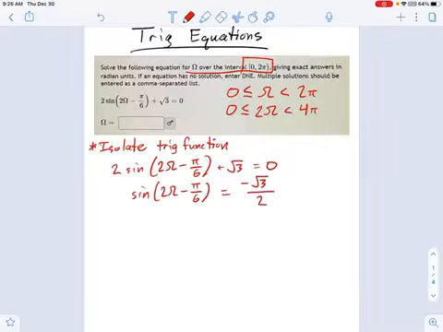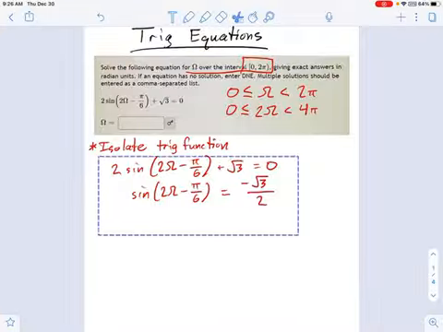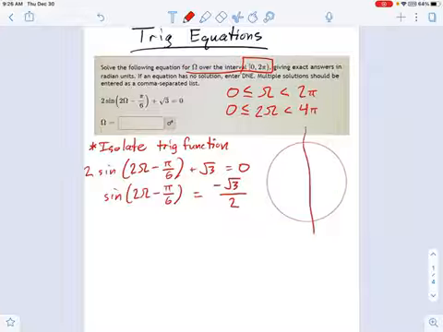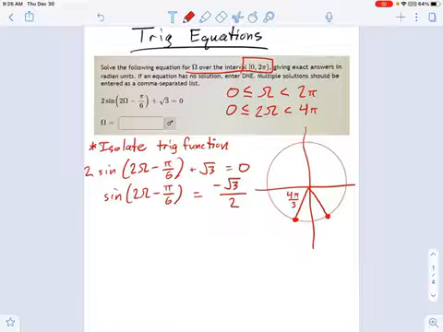So where is that on the unit circle? Let me give myself a little space here and put a unit circle right there. Negative radical 3 over 2 is a y value, a y coordinate, because we're talking about sine. And it's one of the big ones. 1/2 is a small one; this is a big one. It's fairly steep. It goes almost down to the bottom of the unit circle. It's so negative. So what are those angles? This looks like 4 pi over 3 on the left and 5 pi over 3 in quadrant 4. So those are my two angles, meaning